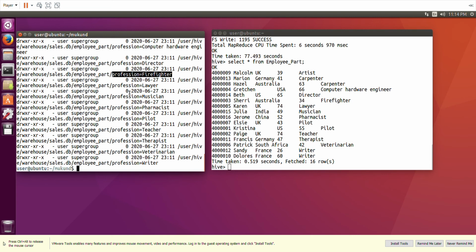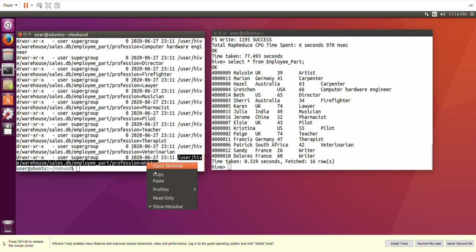If we have to go for profession as a lawyer or firefighter or writer, you have to specify. For example, this one is saying writer.